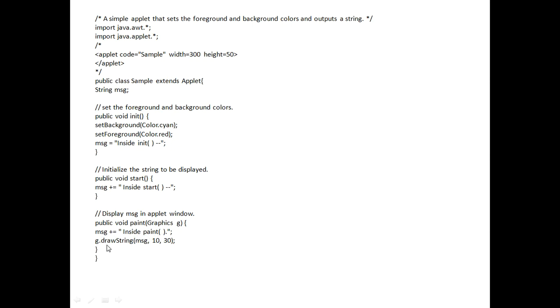Now g.drawString is a method you can use within paint to display content inside the applet window at the specified location, that is, 10th row, 30th column. What does that message contain? "Inside init, inside start, inside paint." We have just appended, so += is nothing but joining two strings, concatenation. So first it displays inside init, then inside start, then inside paint.